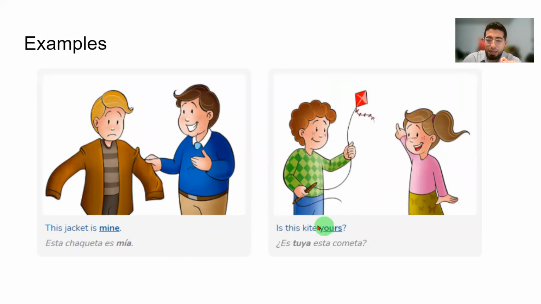And here is a second example, right? Tenemos un segundo ejemplo que dice, is this kite yours? Como, ¿es tuya esta cometa? So she is asking, right? Ella le está preguntando, okay, I mean, he's asking him, right? Le está preguntando a él, right? About this, sobre esto. Dice, is this kite yours? ¿Es tuya esta cometa? So if you say, guys, si bien, chicos, en este caso, it's easier,